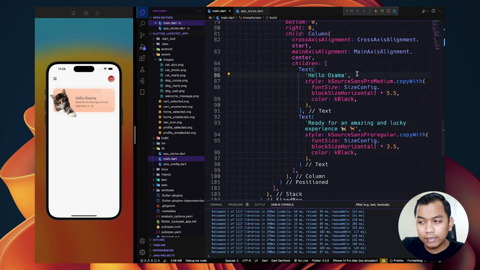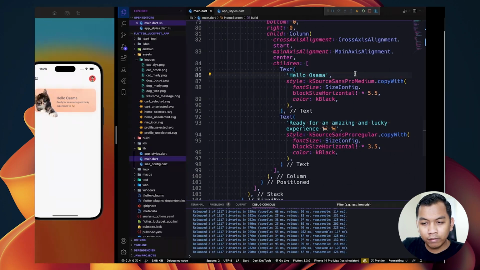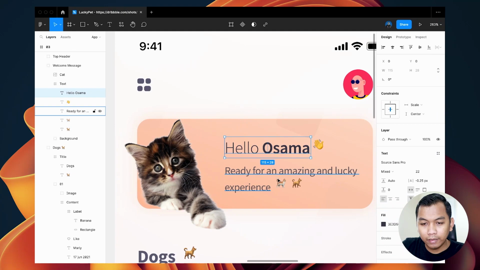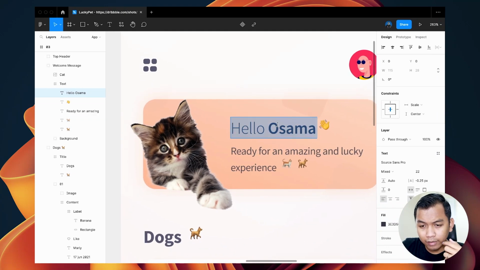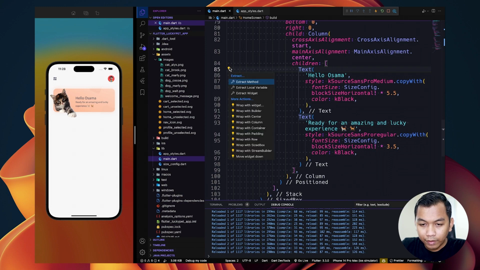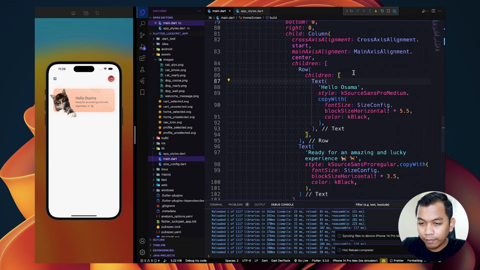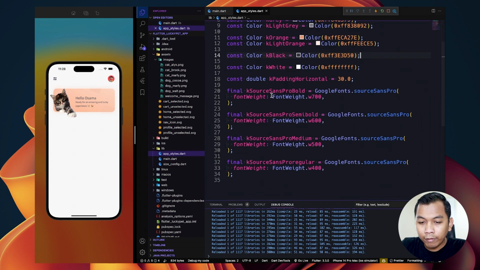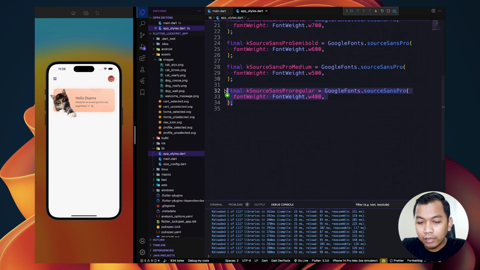Alright, it looks like this, but as we can see here, I think we have a difference with the design. This design has two styles. This is semi-bold and this is light. So let's wrap this using a row widget. And the first will be like, so we have to declare another style.